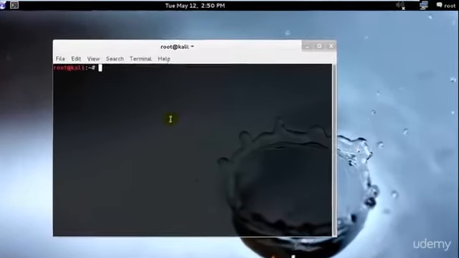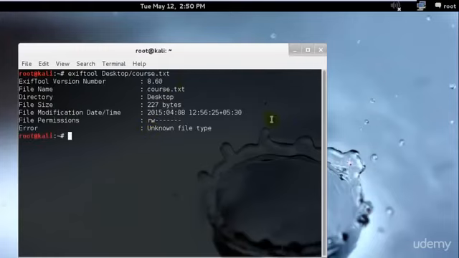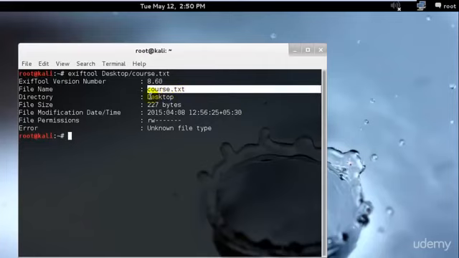What I'll do is type exiftool and the desktop path, and I'll hit enter. So as you can see, I have over here the course text file, how many bytes it is,